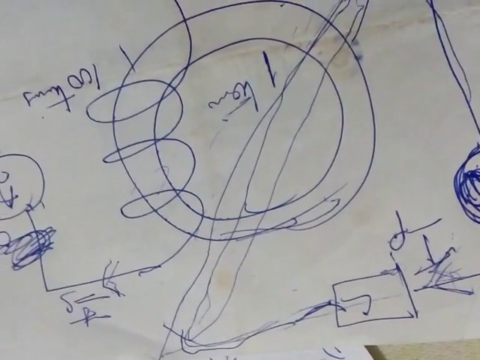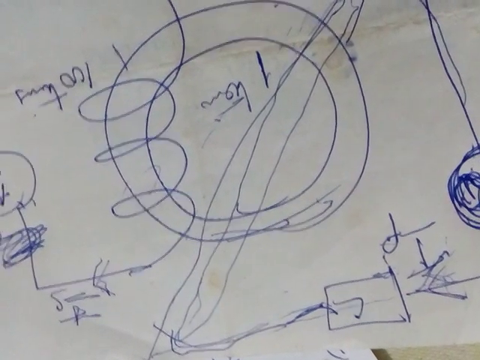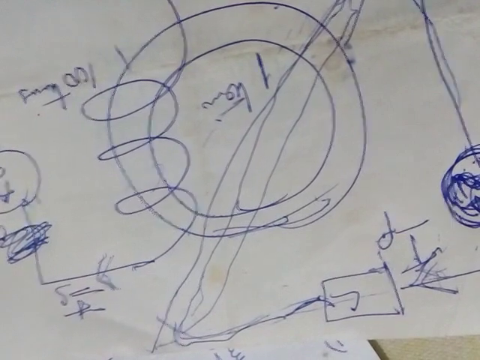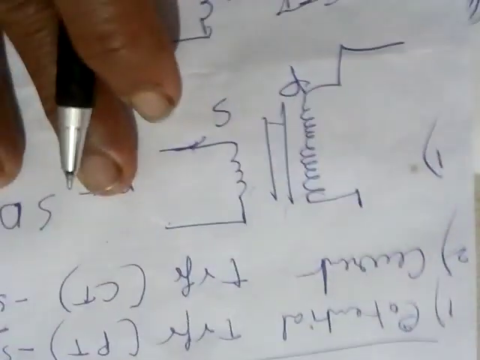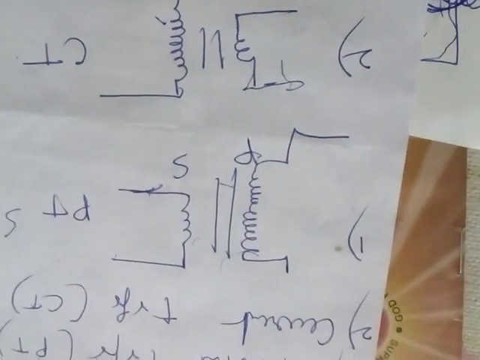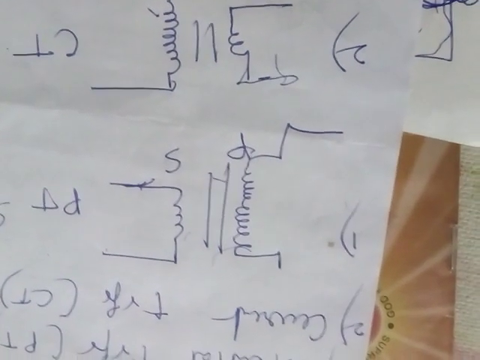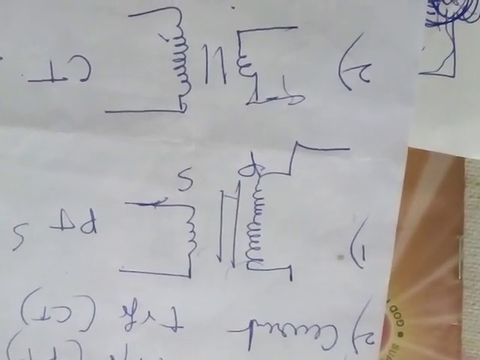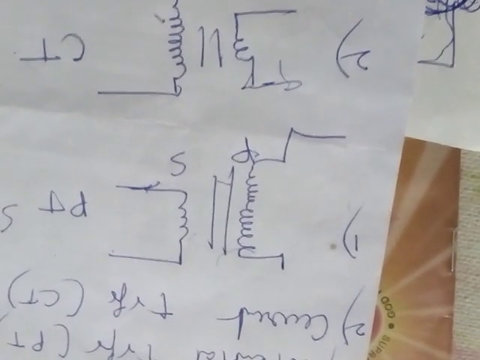Okay. So in a normal transformer, primary current is determined by secondary current. There is no need of studying this for the laboratory purpose. If you want, you can continue listening to this video, or you can stop here, because this is part of theory. You can listen to this later. Let us see.